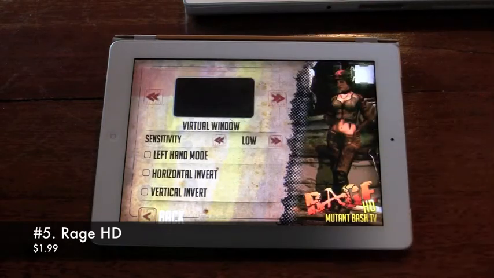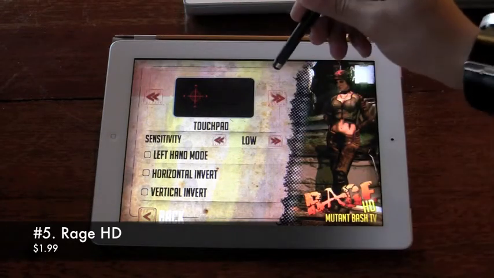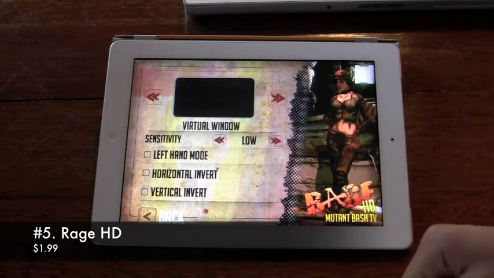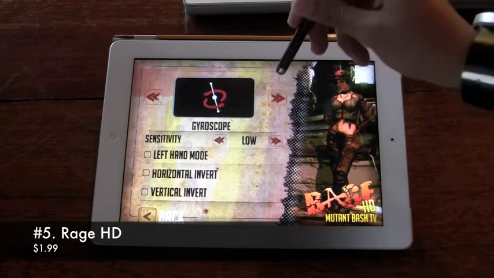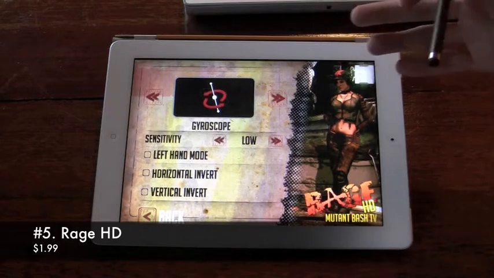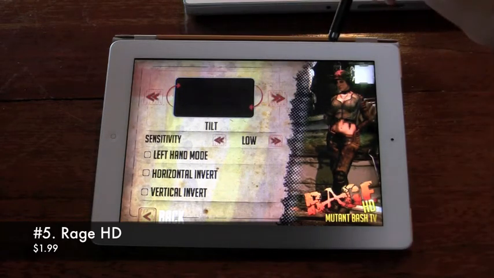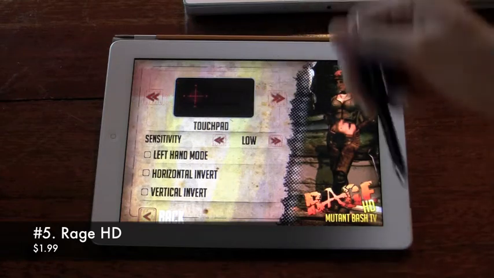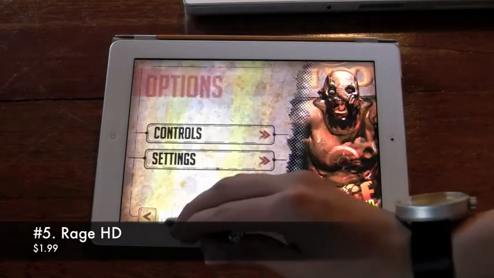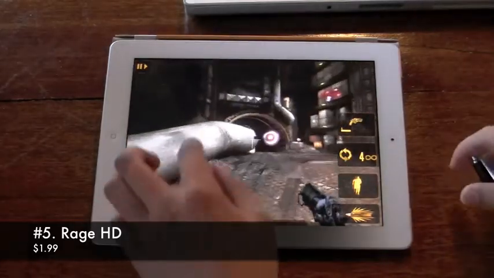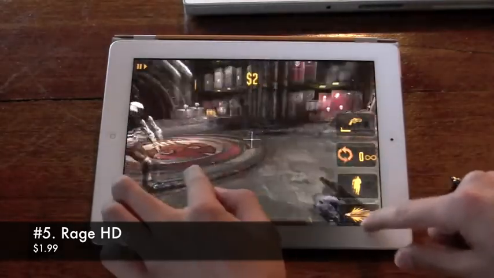What's cool about this game is that you can change the controls from a touchpad to a virtual window, which is actually one of the coolest things, which I'm going to show you. A gyroscope, which is using the built-in gyroscope in the iPad, and tilt using the accelerometer. So we can start out on touchpad, and I'll just show you a little snip. You go like this,